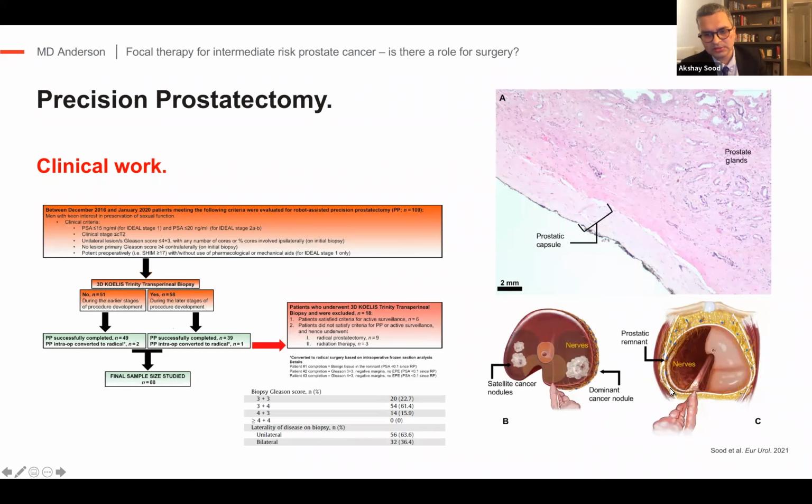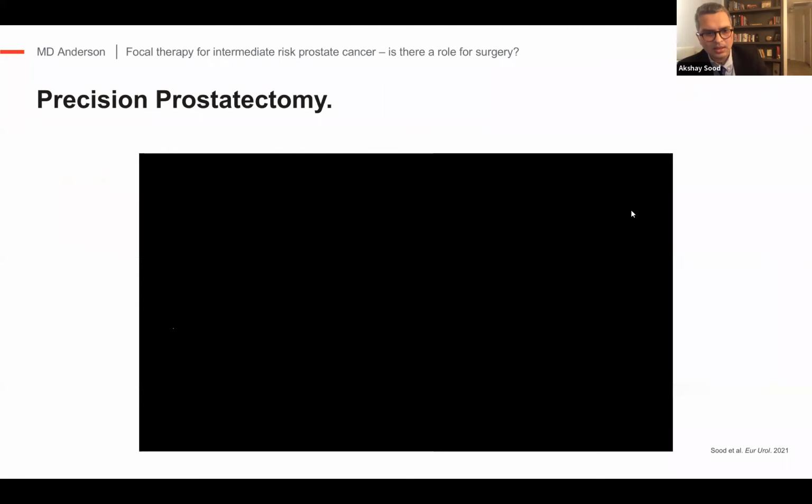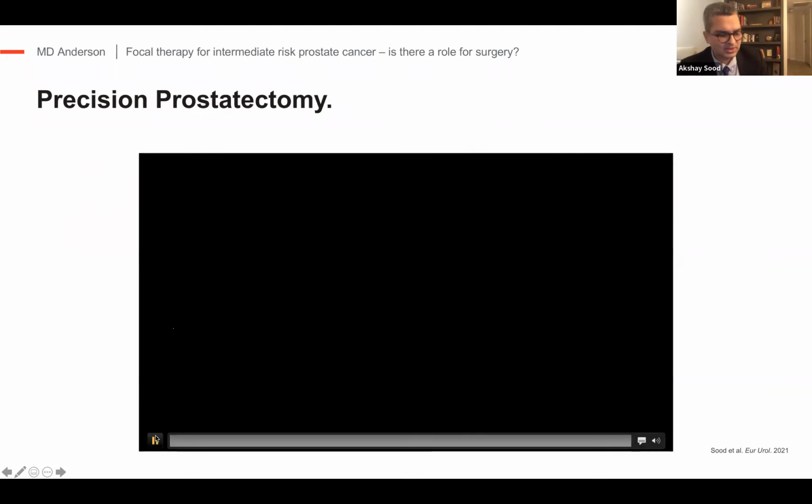Usually you would go outside and just try to preserve the nerves, meaning here. But in this case, we were trying to go somewhere here. Obviously, you cannot be so accurate that you can travel between this plane surgically. So we were traveling maybe somewhere here or somewhere here. So we were leaving part of the capsule as well as peripheral zone behind. And I will share with you a quick video since I think we are on time.